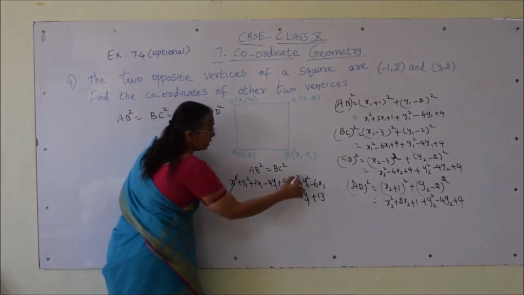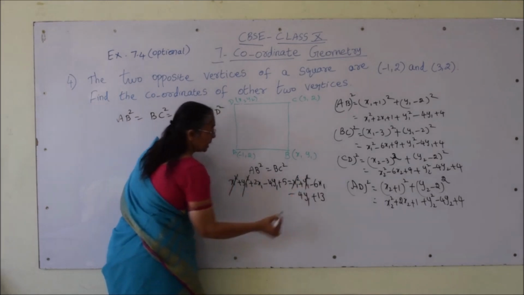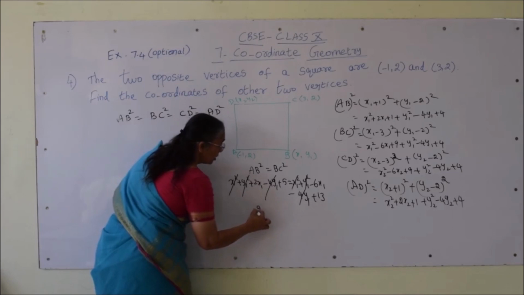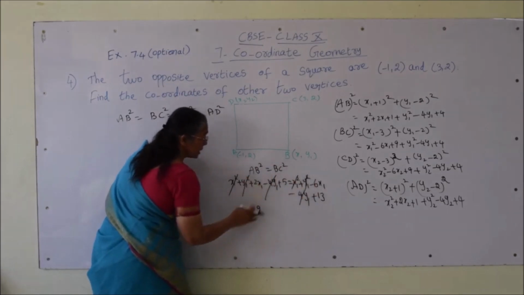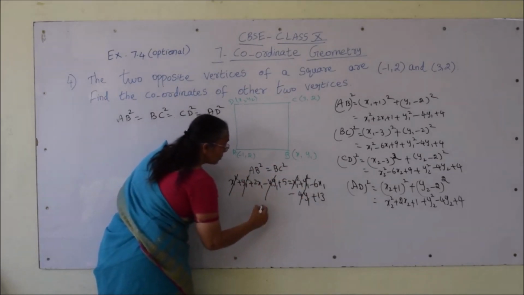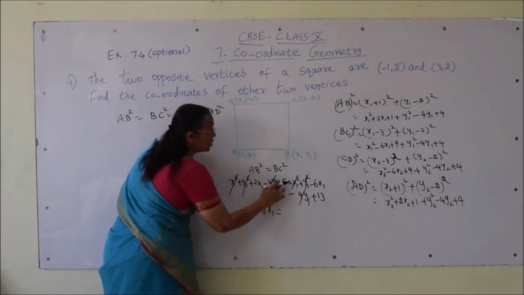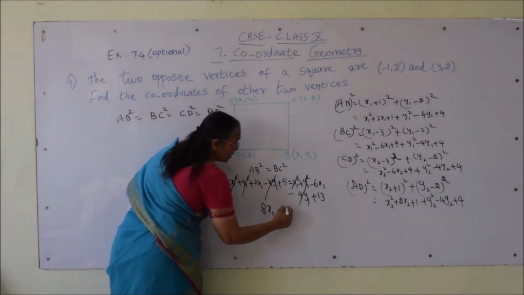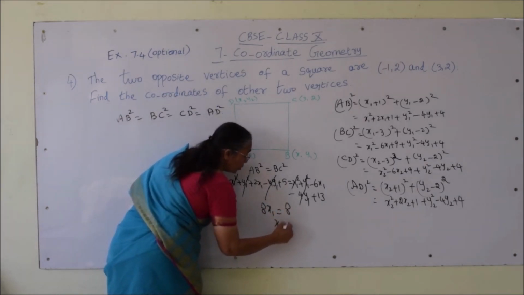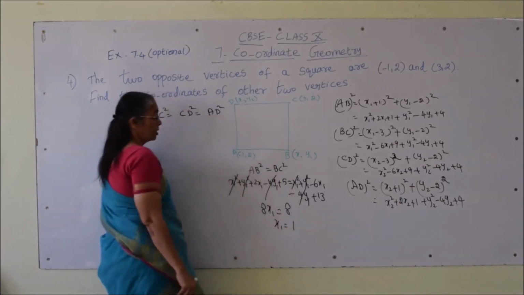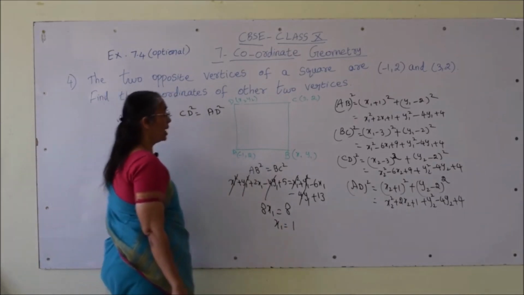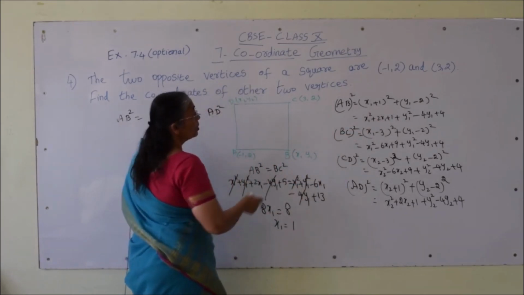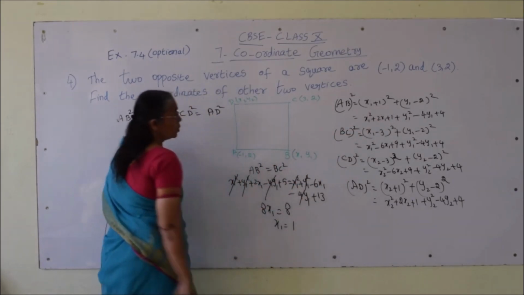So, x1 square term gets cancelled, y1 square term gets cancelled, even minus 4y1 cancels. We are having 2x1; this minus 6x1 will come to this side. So, we will get 8x1 equal to, taking the 5 to that side, 13 minus 5, which is 8. So, x1 value is 8 by 8, which is 1. Now, we got x1 value as 1. By substituting in any equation we can get the y1 value. Let it be x1 equal to 1.